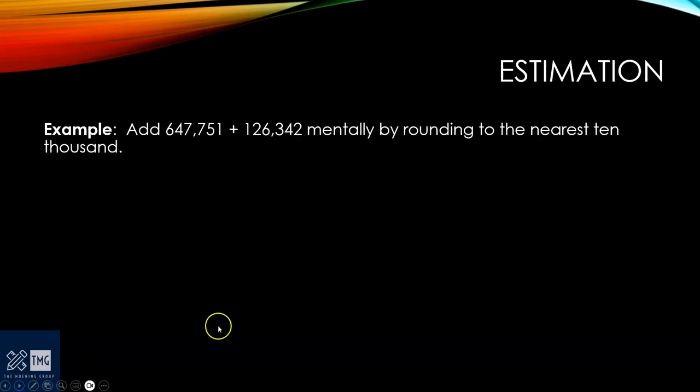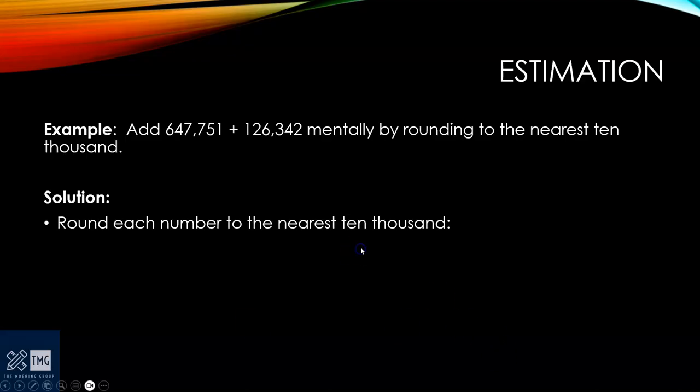Let's do an example. For just straight up numbers, we're going to add 647,751 plus 126,142, and we're going to do this mentally by rounding to the nearest 10,000. Okay, great. So the reason we do estimation, I don't want to add those numbers exactly in my head, but if I round each one first to the nearest 10,000, I can say, okay,